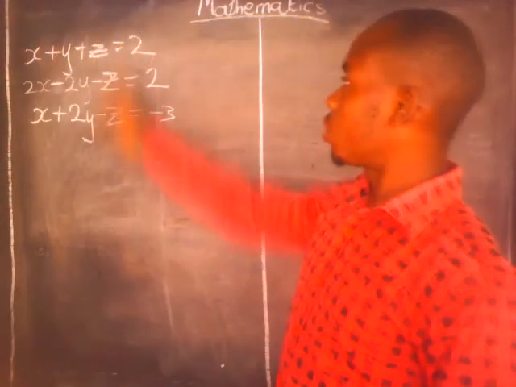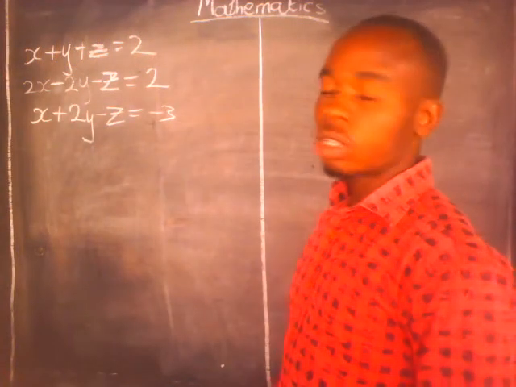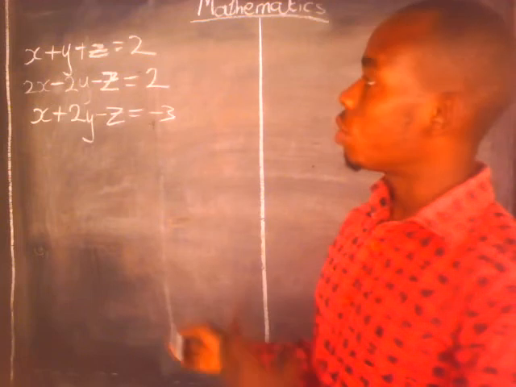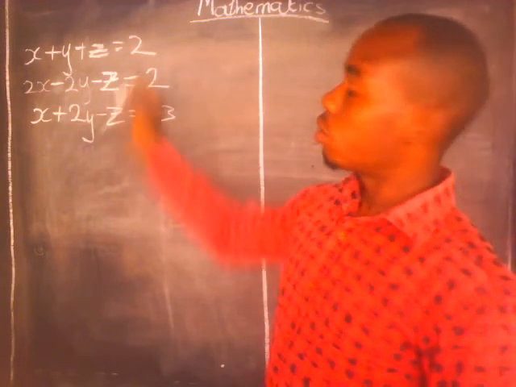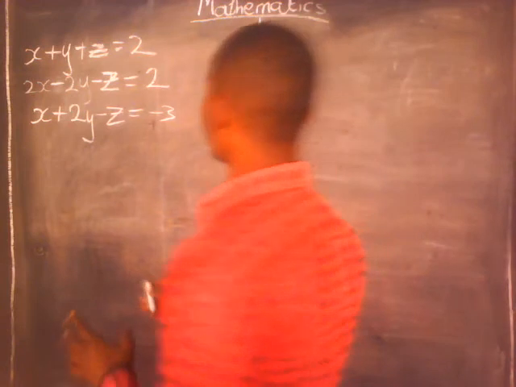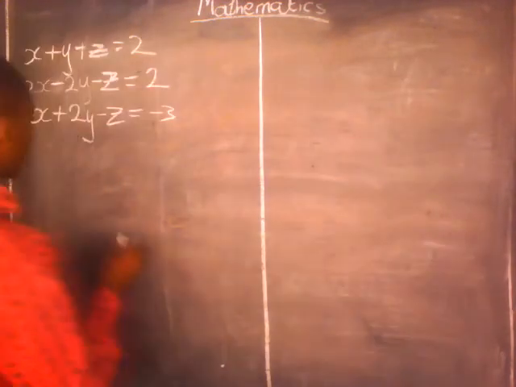We are to solve these equations simultaneously using matrix. The first thing we have to do here is to arrange this equation in form of a matrix. So how do we do that? I'll write here